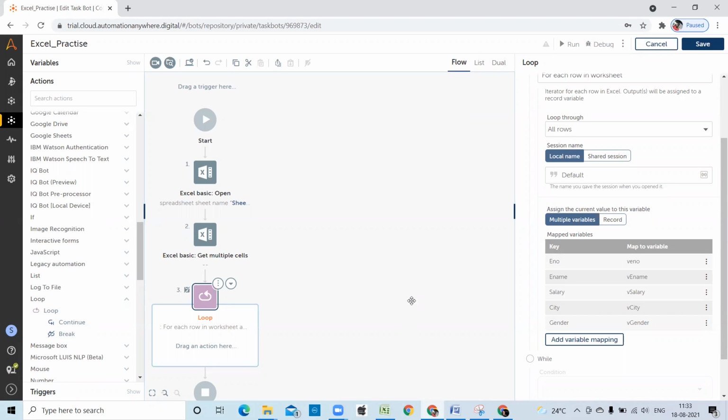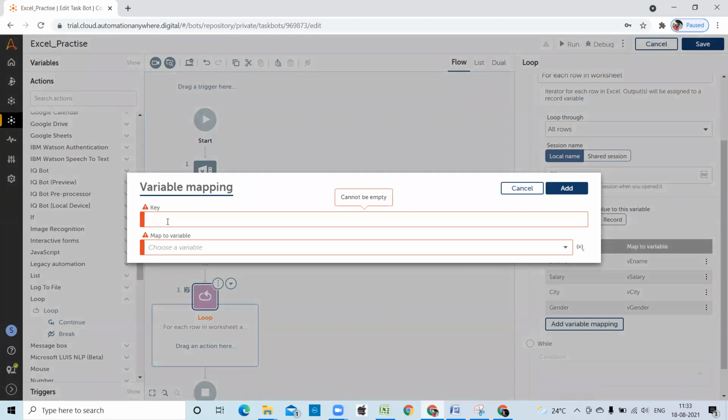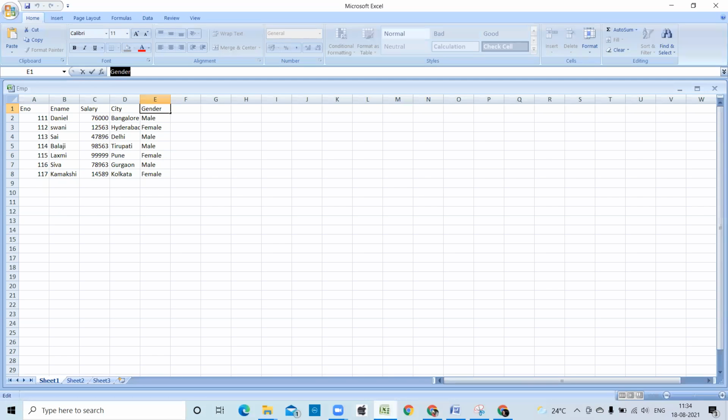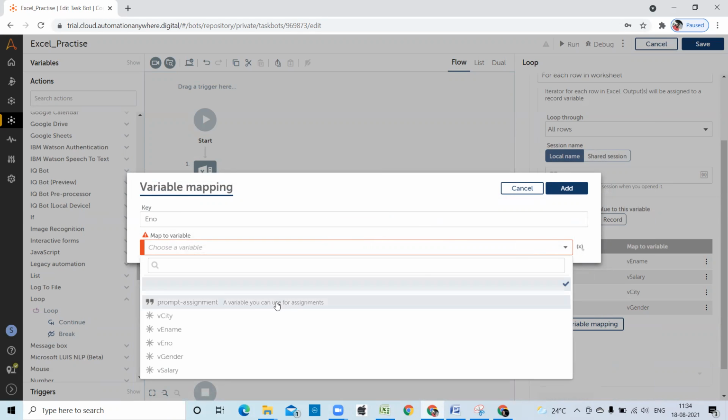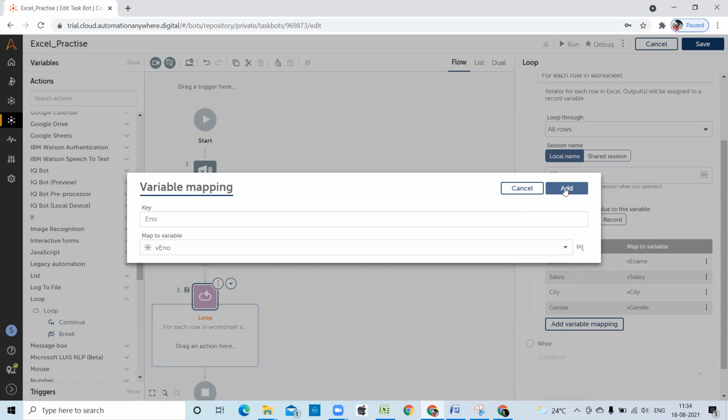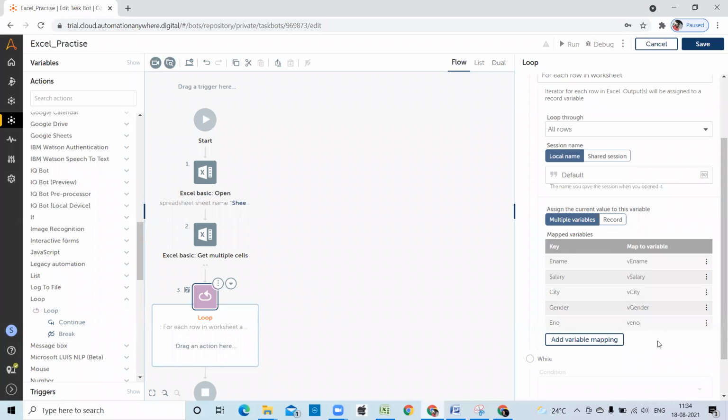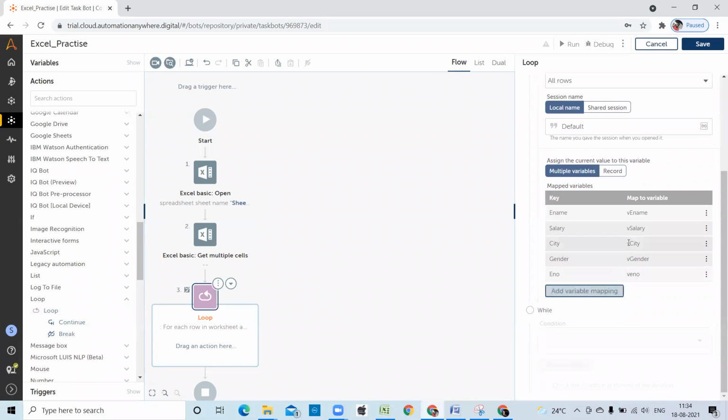We can see at execution time, or I can delete this variable. Add variable, by number. Okay, no issues. So while, I'm not using while command.